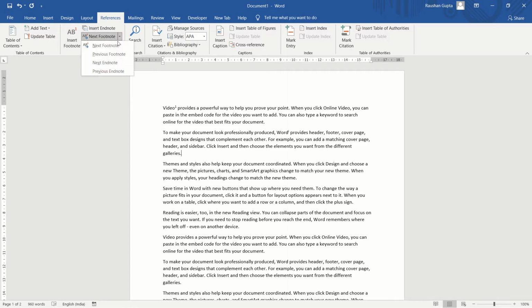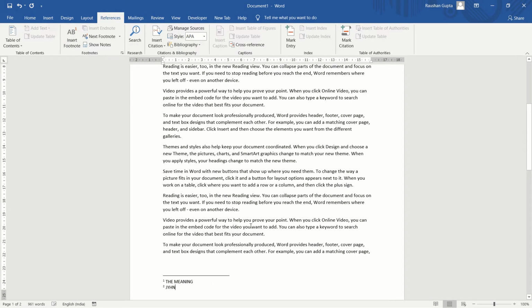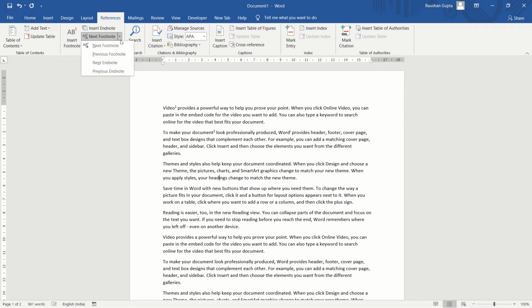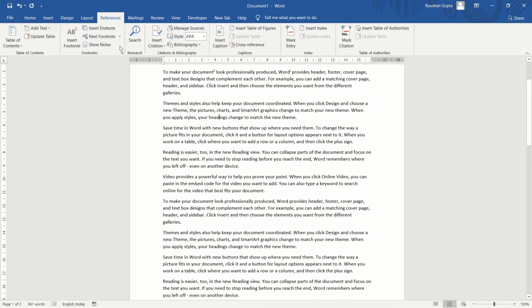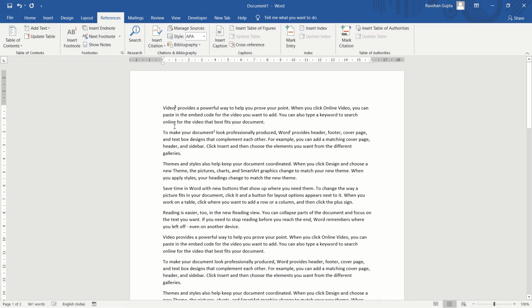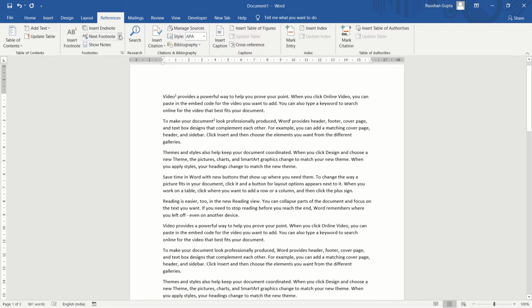You can use this to move. For example, if you want to go to the next footnote, you can click here and jump to the next footnote. We have only inserted one footnote, so let us insert one more. For a document we are going to insert a second footnote, and we are going to write anything related to it. Now if we go to the next footnote, then it will automatically highlight this next footnote. For example, previous footnote, here it is, document. Again if we click previous footnote, then the first footnote appears. So by using this you can go to the next or previous.